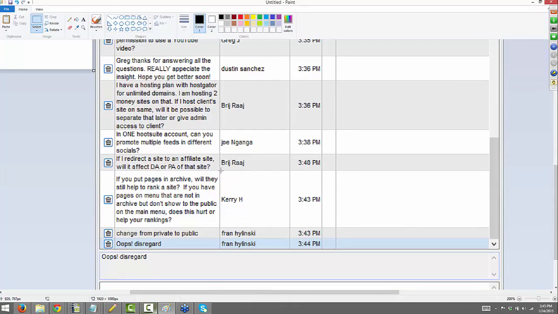Alright, from Bridge: if I redirect a site to an affiliate site, will it affect the domain authority or page authority of that site? Yeah, the links going to the site that you're redirecting will be going to the new site. So it's going to boost the page authority and domain authority. If you're doing it to boost the page or domain authority, I'd probably do it to a subdomain and make it relevant. For example, if you have